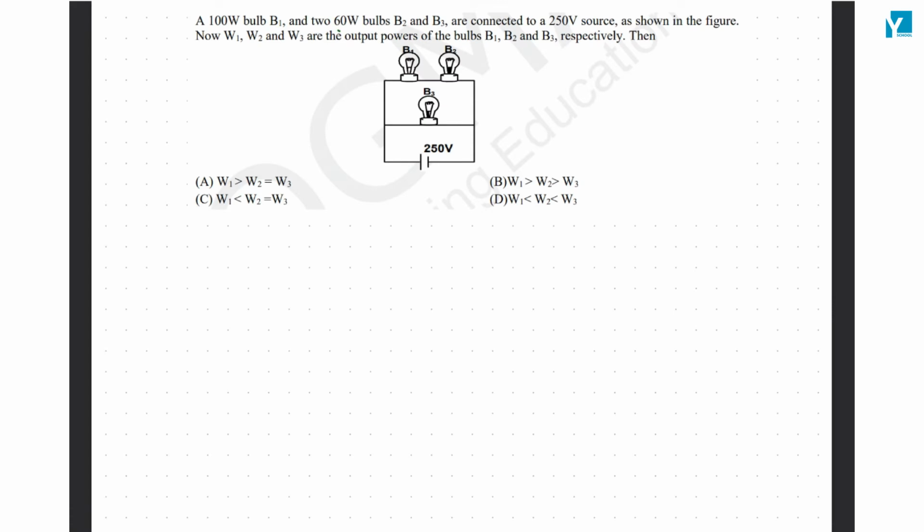A 100-watt bulb B1 and two 60-watt bulbs B2 and B3 are connected to a 250-volt source as shown in the figure. B2 and B3 are the 60-watt ones, so this one and this one. Well, the first one is 100 watts. This one is 100 watts. Okay. Now we are asked